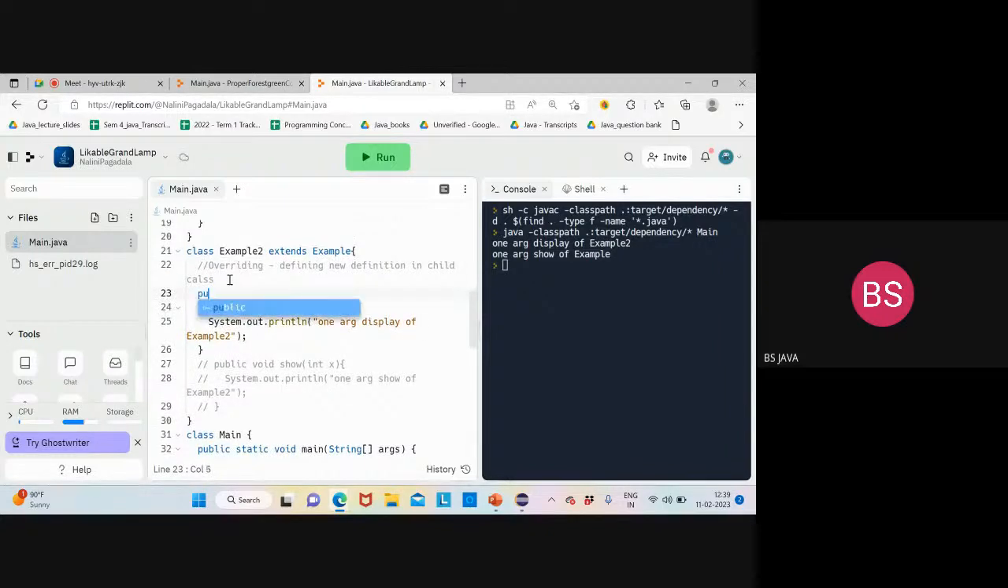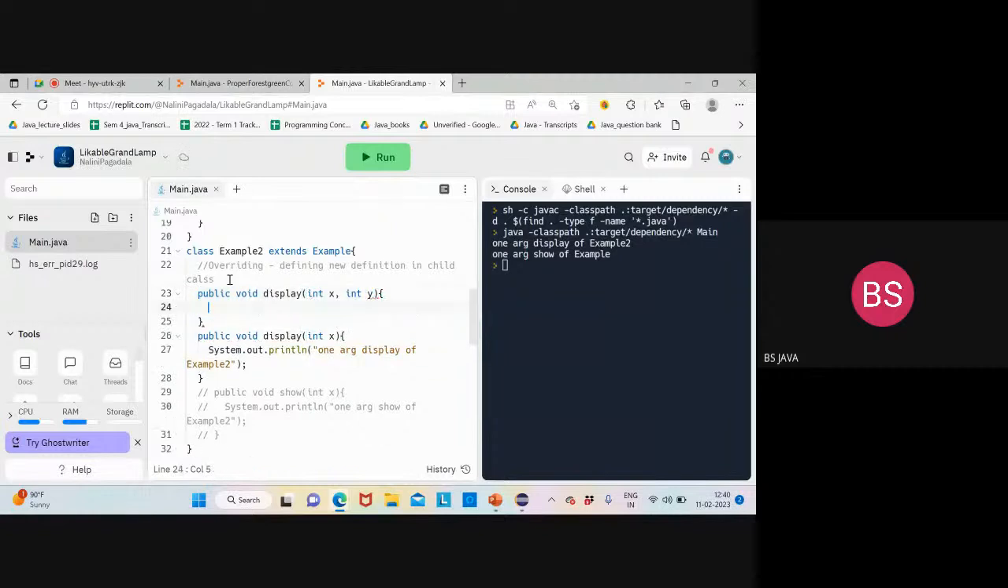Like someone said, public void display, instead of string and double, you can say int x, int y. That is also possible. Based on the arguments, it will call the particular method while calling, but the object should be